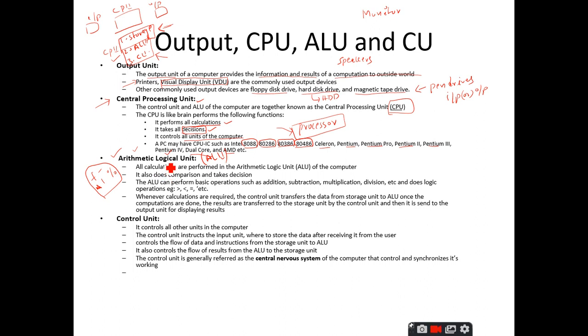Logical operations, or relational operations, anything. Relational means it is going to relate, less than or equal to, greater than or equal to, all these things are relations. Similarly, logical operations like AND, OR, XOR, NOT, all these operations are called logical operations. These are called relational operations, and these are arithmetic operations.